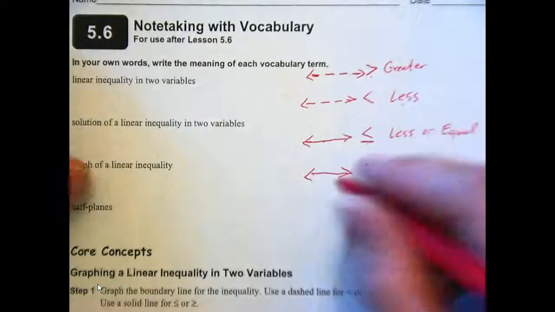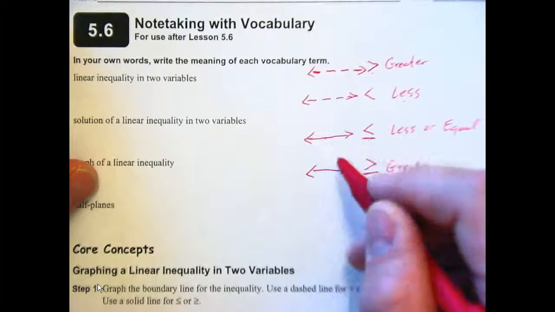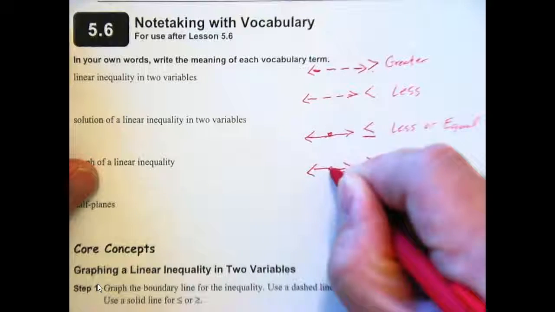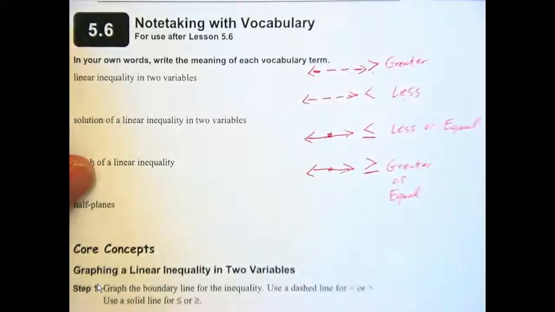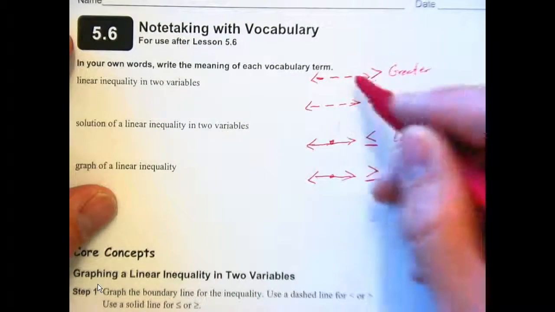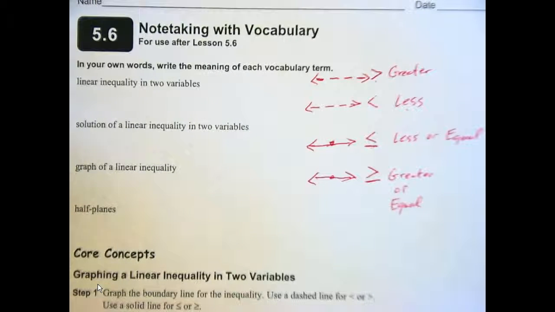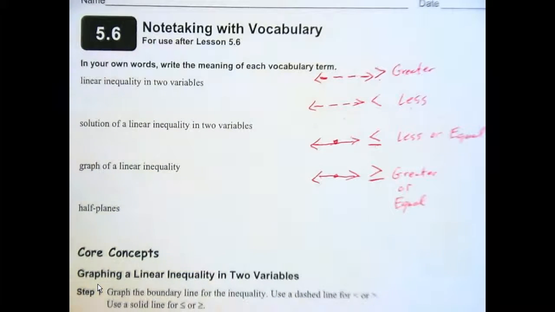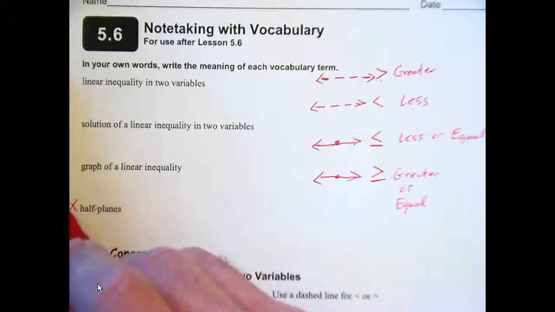Okay? Meaning, this means my answer can lie on the line, and this means my answer cannot lie on the line. So just make a note to yourself: a solution that's on a dashed line is not a value that will be true for our inequality. A solution that is on a solid line is a value that is true for an inequality. We'll see that when we start graphing here in a minute. I'll also reference the term half planes, which we'll see,